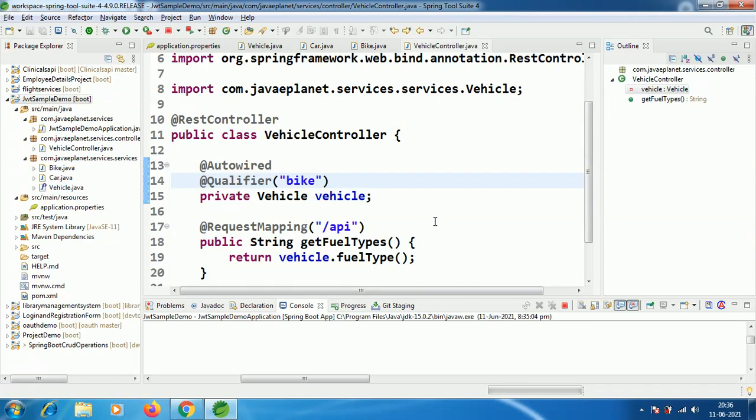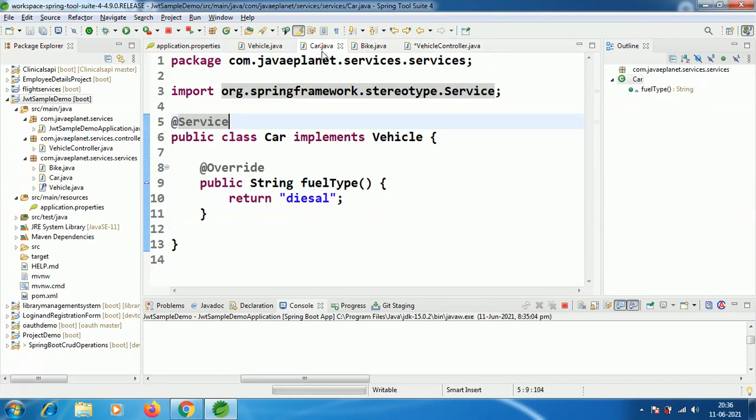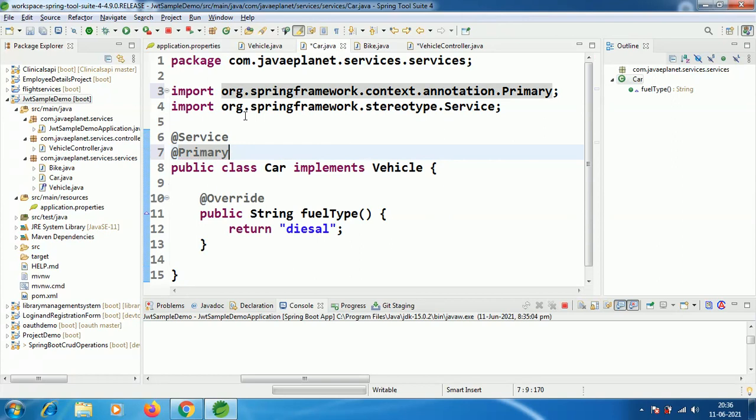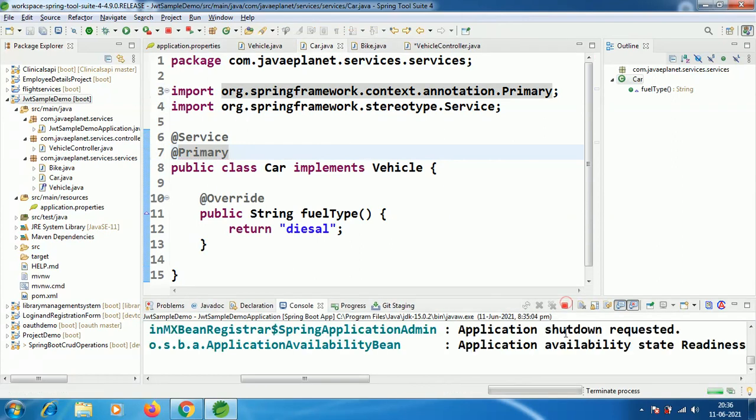That is the @Qualifier annotation, one of the best examples I have explained to you. Now let me comment out this @Qualifier annotation and annotate the Car class with @Primary.